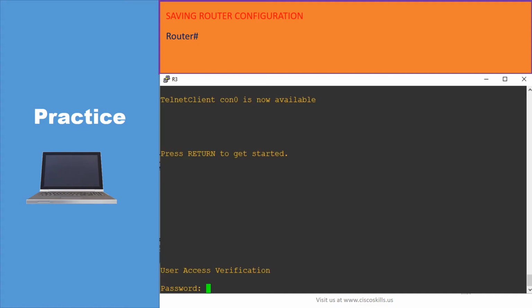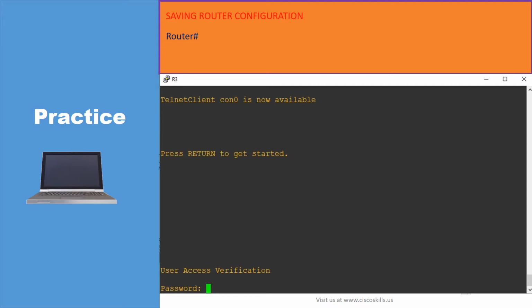As you know, when you make any configuration change, those changes will be updated into the Cisco running config, and the Cisco IOS will perform all the instructions from the running config. However, those changes will be lost if you restart the router for any reason. In order to retain the change after you restart the router, you need to save it into the startup config